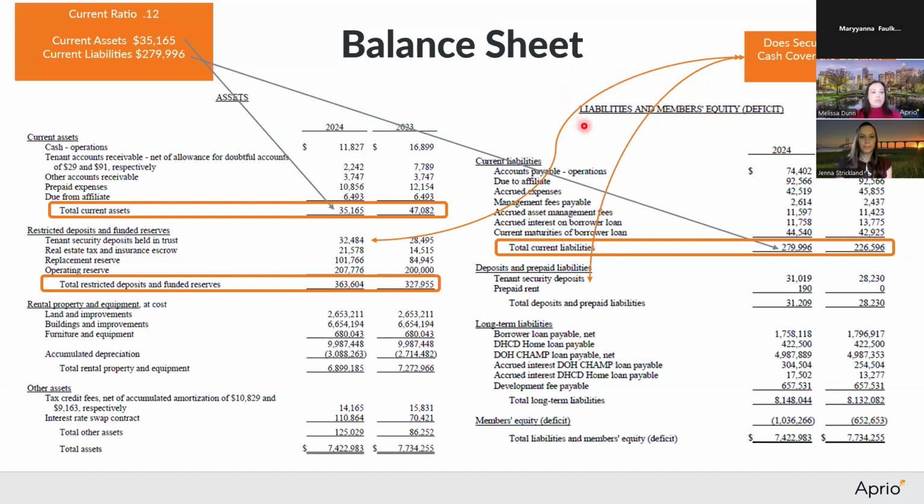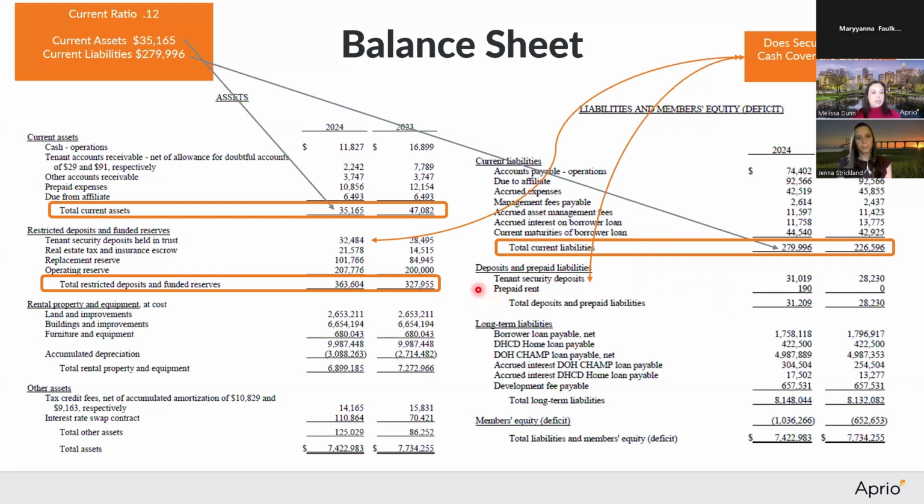The other side of the balance sheet includes your liabilities and members' equity. So typically, this is organized with the liabilities that are due the soonest at the top. So typically, your current liabilities would be due within 1 year of your balance sheet date. And then you'll have your long-term liabilities and then any deposits. So your current liabilities are typically made up of accounts payable, which are amounts owed to vendors, amounts owed for payroll, management fees, utilities, also accrued interest on your debt that's due within 1 year, and then any current maturities of your debt that's due within 1 year.